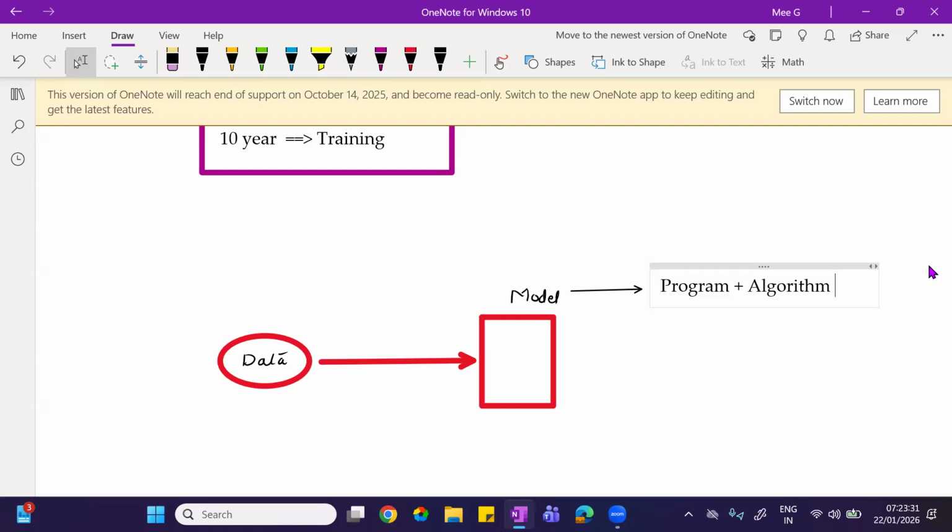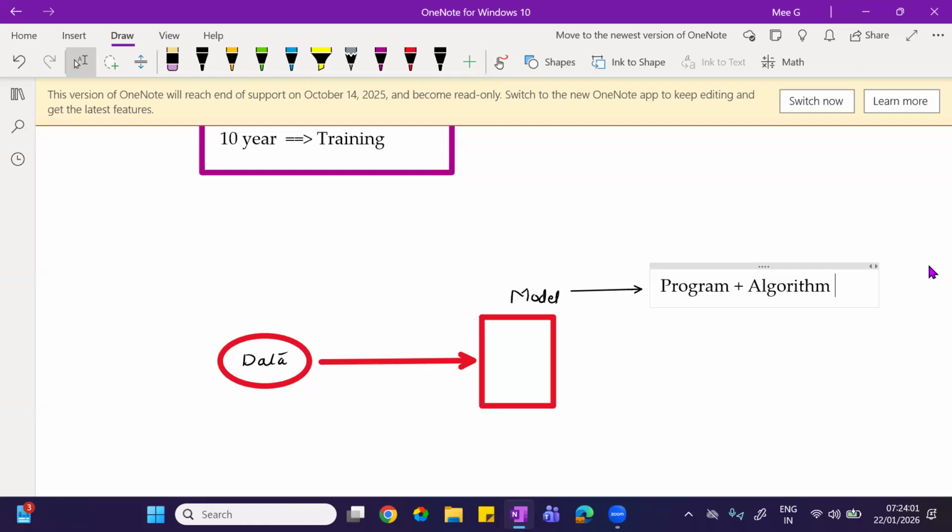See, purely from our AI perspective I'm talking, but in general, when we talk about the algorithm, it is nothing but a step-by-step process to implement or to solve a specific problem, and that is called an algorithm.